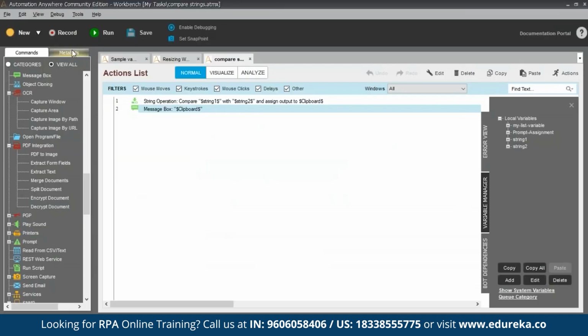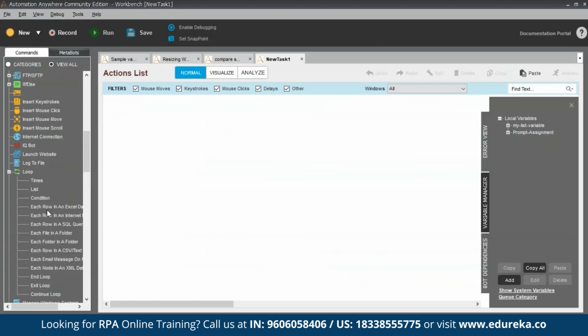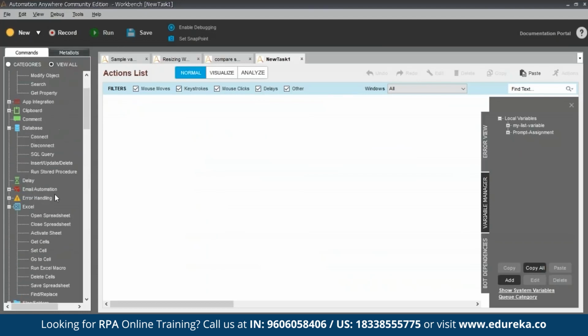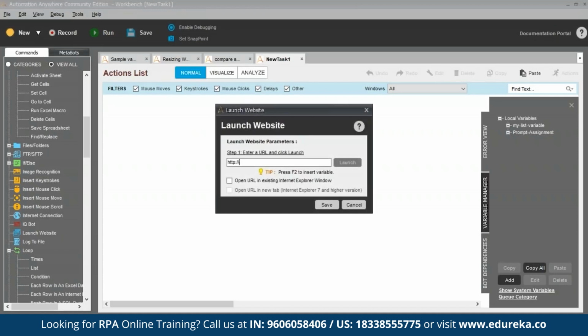So I'll shift again to my Automation Anywhere client. I'll click on new, make a new task, and then I'll search for launch website. Right, so this is my launch website activity. I'll drag and drop over here. So I'll just mention my URL over here. Let's say we mention Edureka domain. So that's